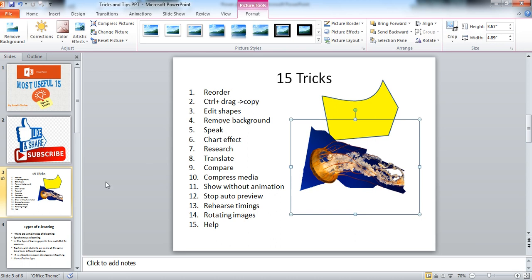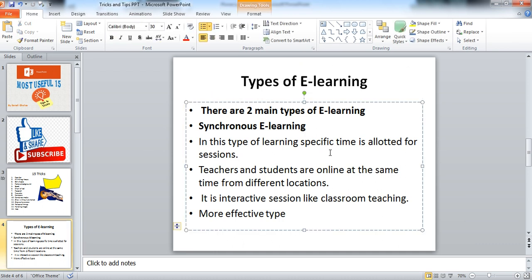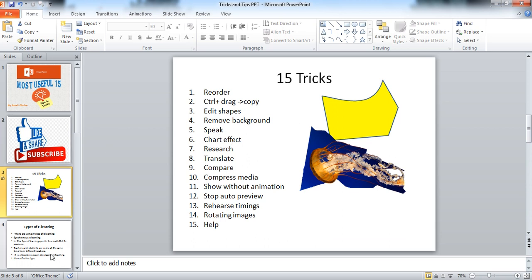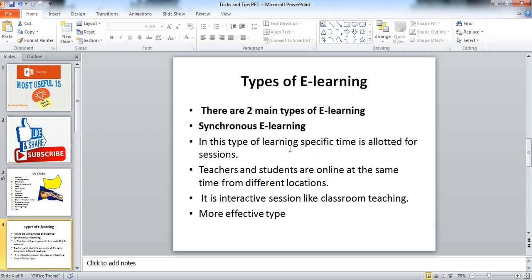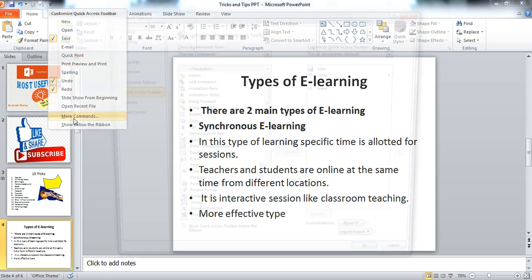Next is speak. Suppose for some words you don't know the actual pronunciation, at that time you can use this speak feature. For this it is necessary to add it to your quick access toolbar. Go to the quick access toolbar, click here, then go to more commands.